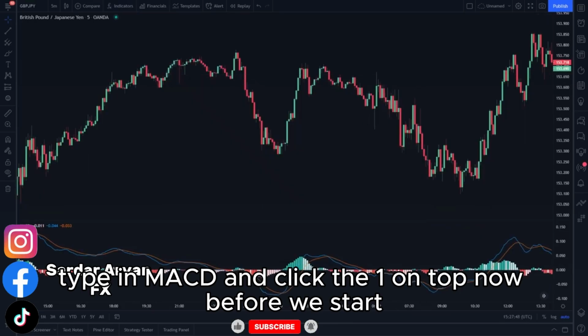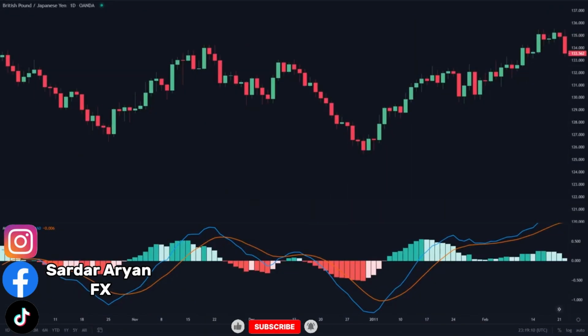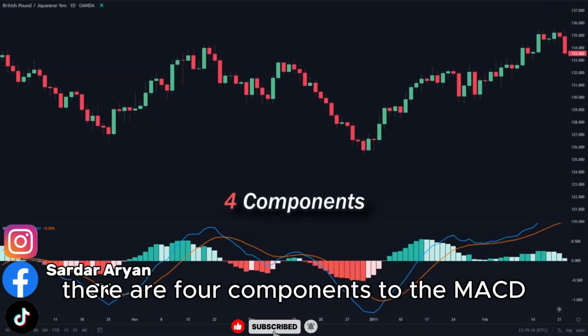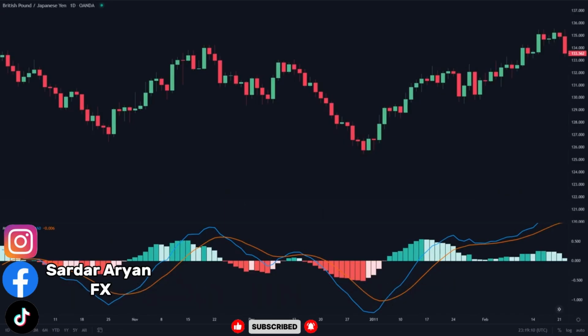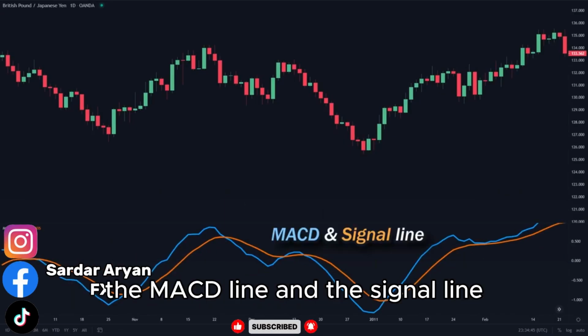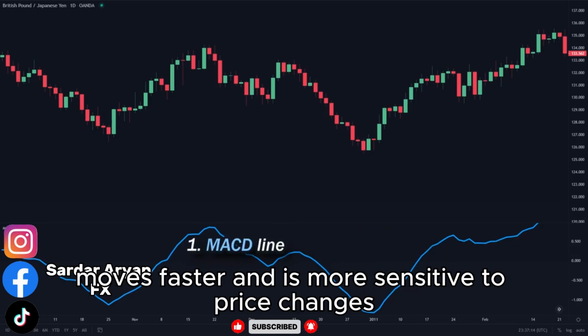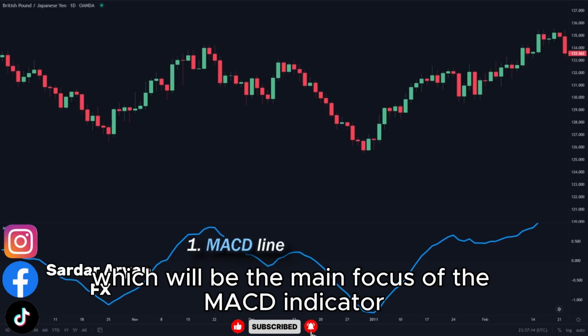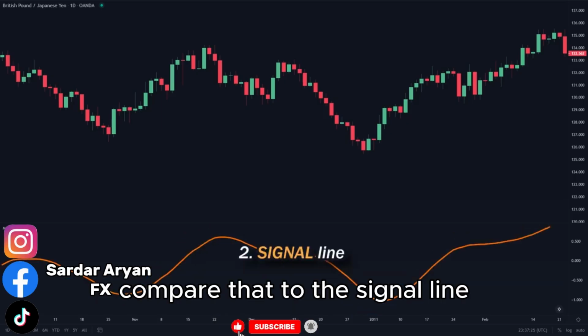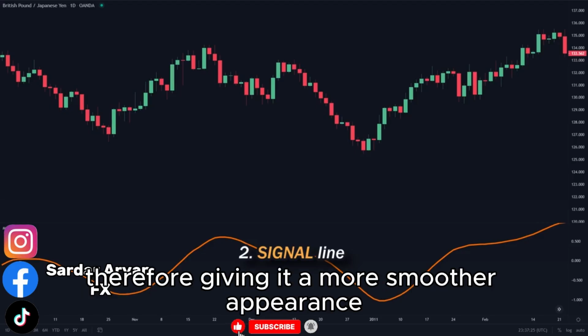Now, before we start, we first need to know how the MACD works. We can see here there are four components to the MACD. First, we have these two lines, the MACD line and the signal line. Notice the difference between the two. The MACD line moves faster and is more sensitive to price changes, which will be the main focus of the MACD indicator. Compare that to the signal line, which reacts slower to price changes, therefore giving it a smoother